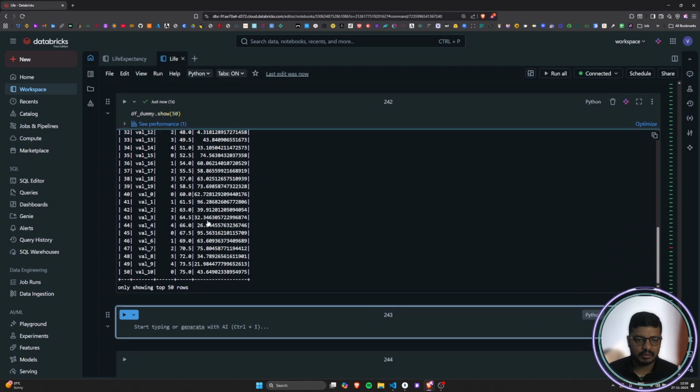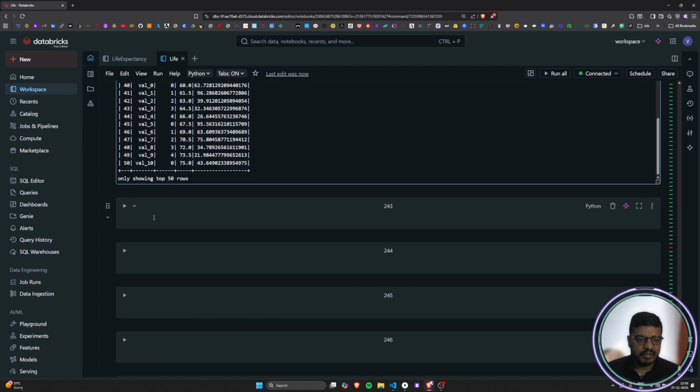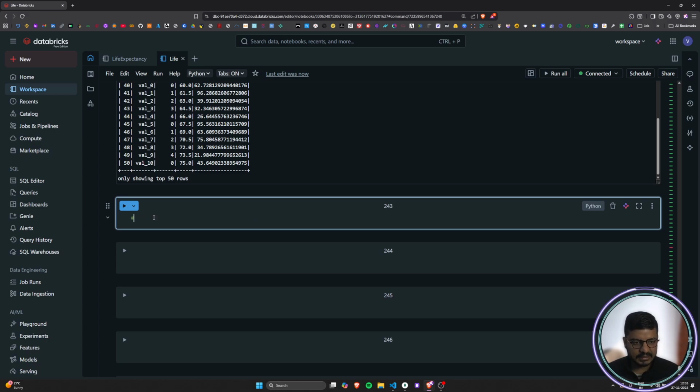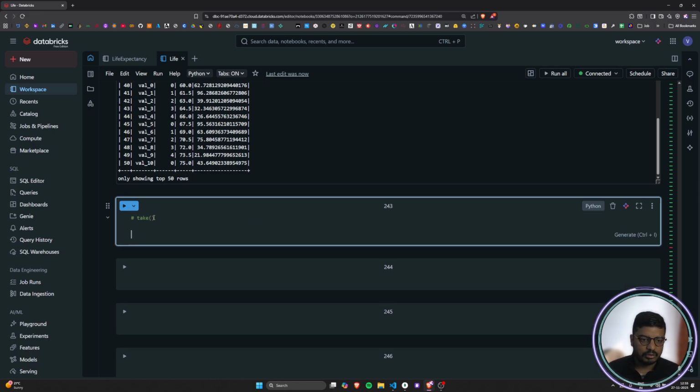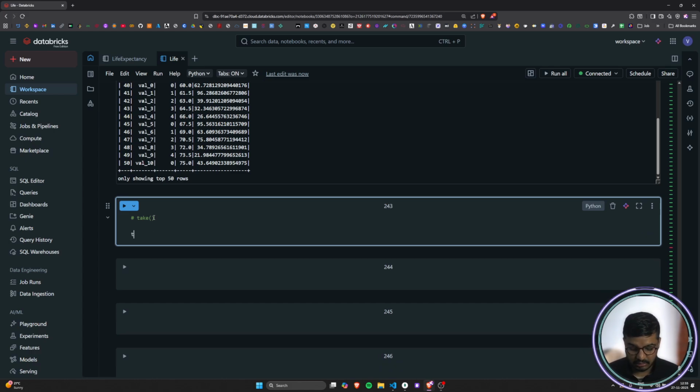Okay, so I'm only getting the top 50 rows as the output. Cool. Then we also have something called take. Take is something similar to our collect function. So let's say I'm writing here take_data, and I'm writing df_dummy